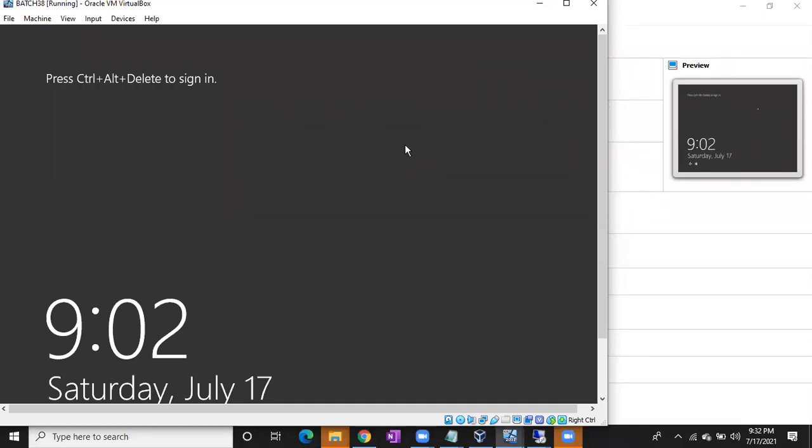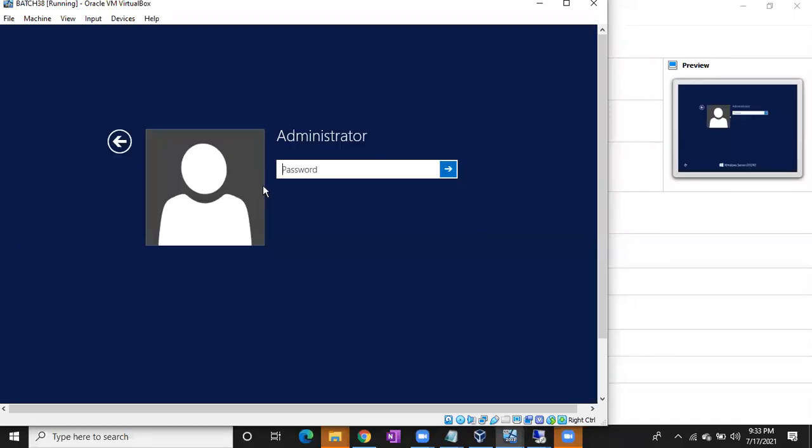Control Alt Delete. But here, no need to give Control Alt Delete. Just use your right control. There will be two control buttons on your laptop keyboard, one on the left side and the second on the right side. Use right control plus delete. Only two keys. No need to press the alt button, and the control button is also the right control.